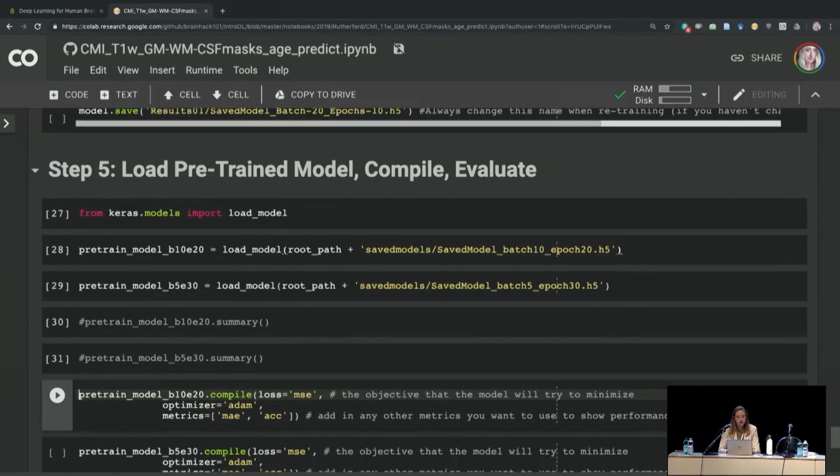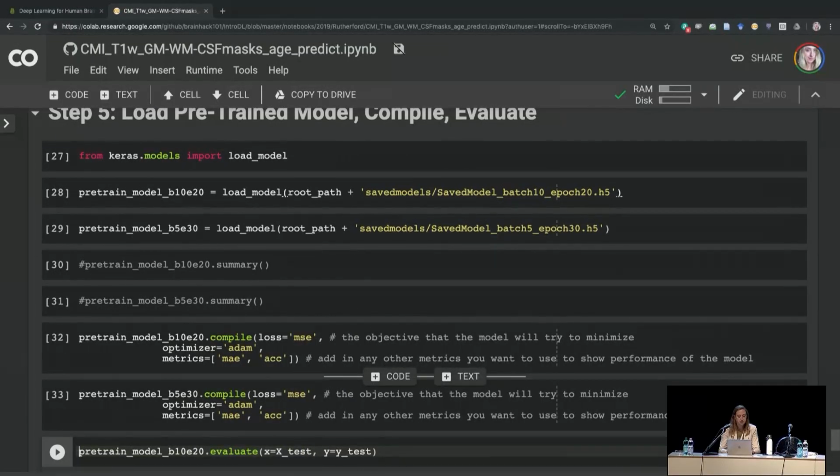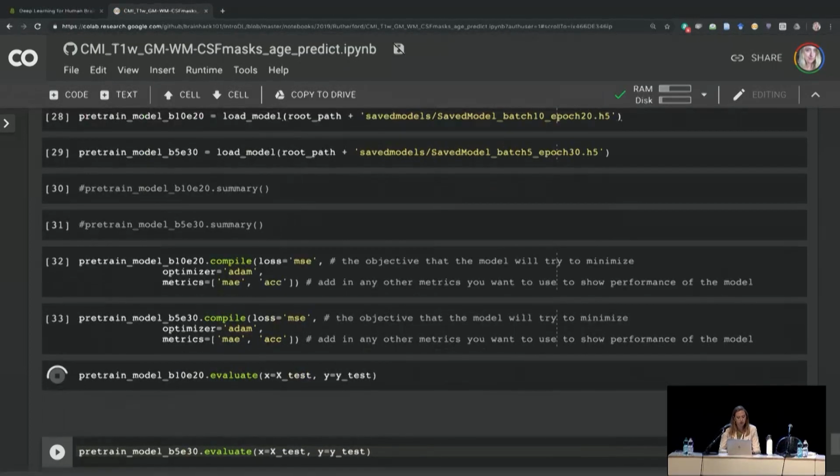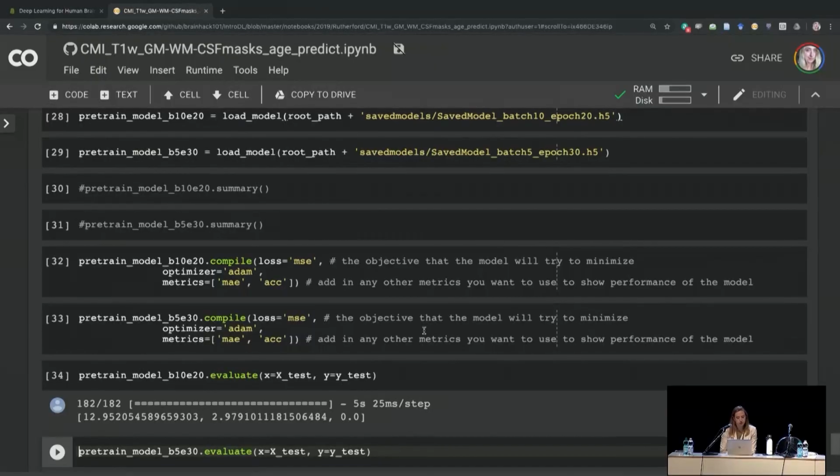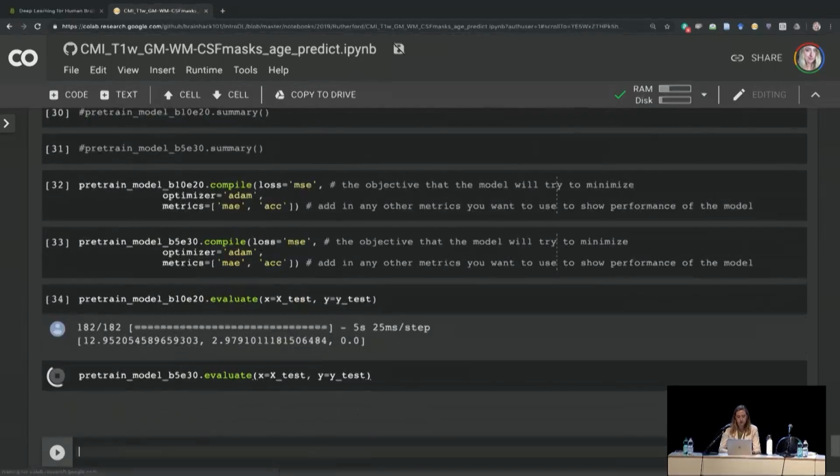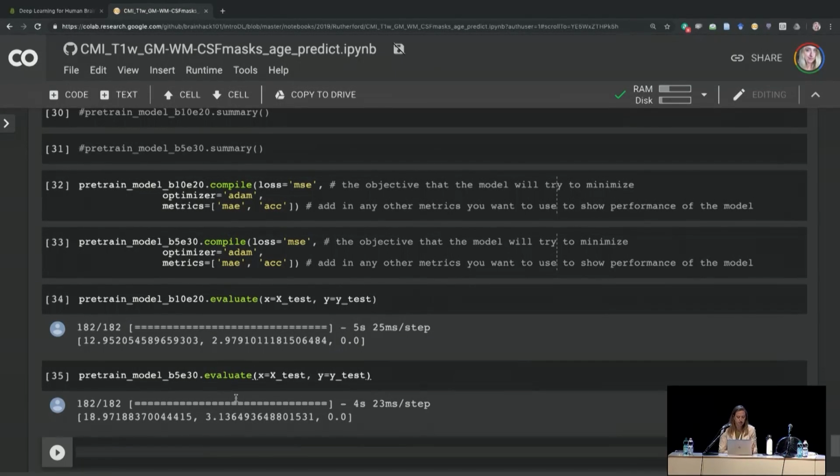Here these go through the summary, but it's the same exact model, so I don't feel the need to print it again. Once you load in a saved model, you need to compile it again. This is a repeat of the line we had above right before we trained. Then we're just going to use the same evaluation function on the same test set we just tested the model that we trained together. So this mean absolute error is 2.9 years, or almost 3 years, which is a little bit better. I think the other one was 4.9, and this was 3.1. So increasing the number of times you go over the data set increases your performance, as expected.